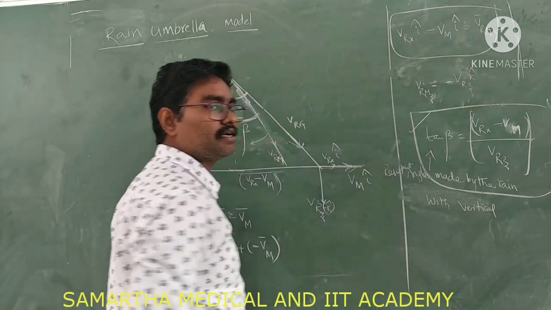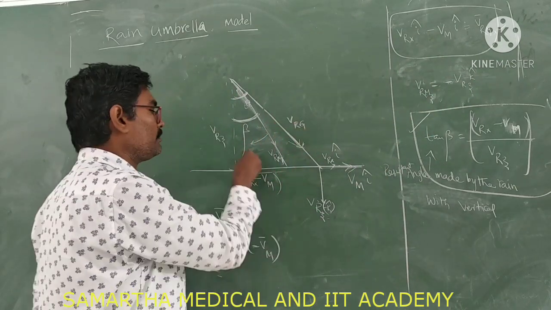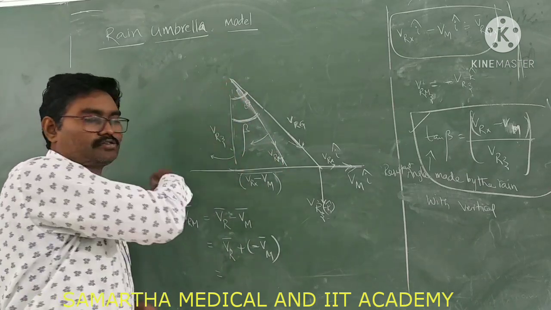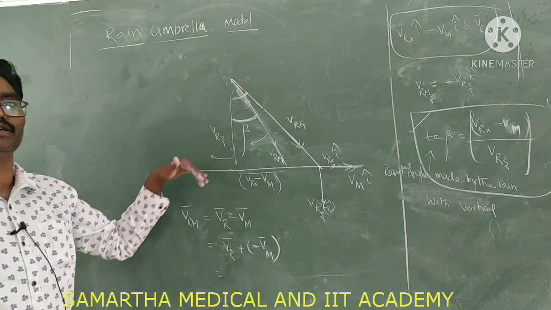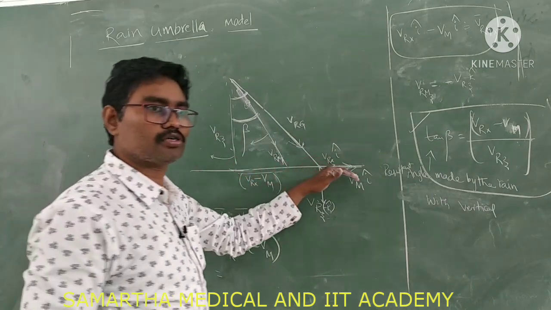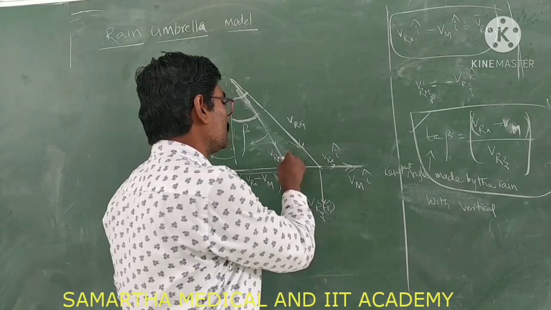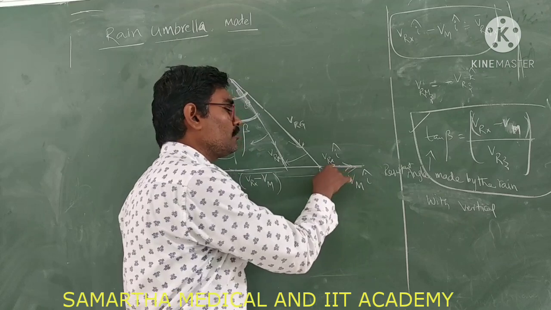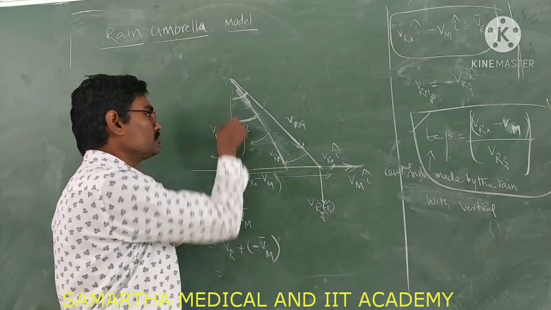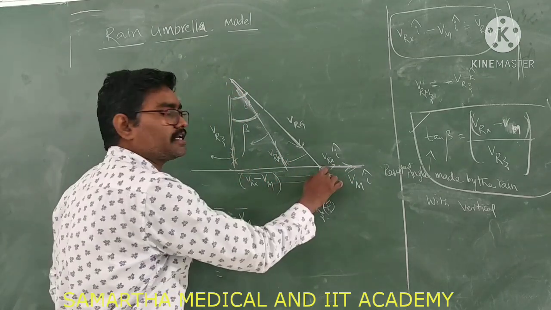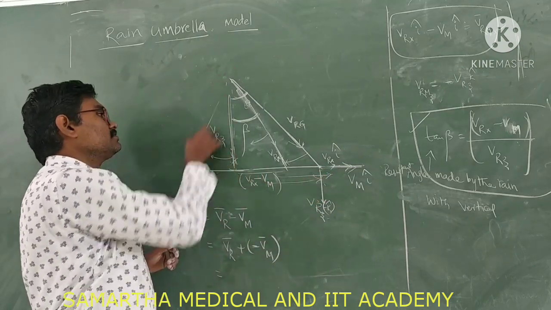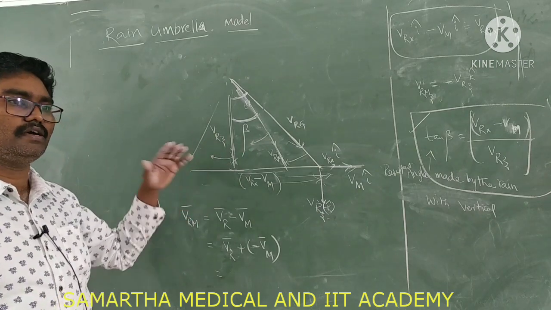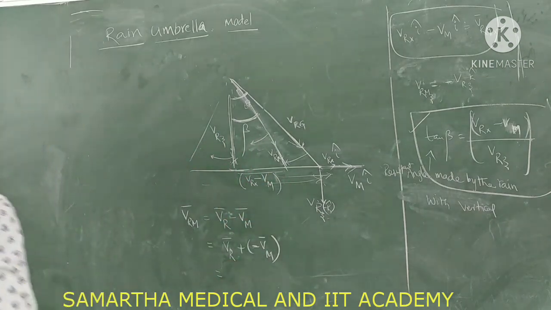Still if he is going with more speed, then what will happen? The resultant will then come to this side also. That depends on his speed. Gradually, if he is going with some slow speed, then the resultant is coming like this. If he increases the speed still more, then this will come close to the vertical. If he increases speed still more, then it will come back to this side. Those three are the cases. Okay, now we see the next case.